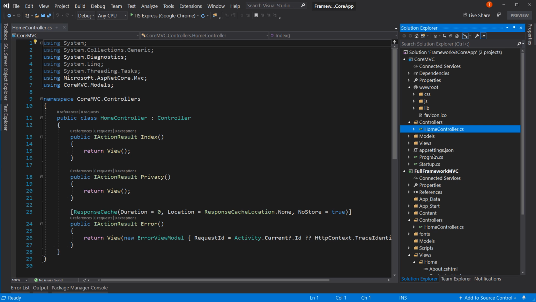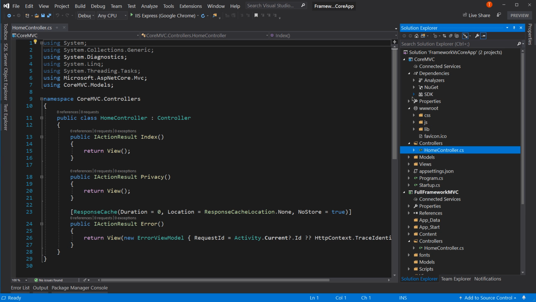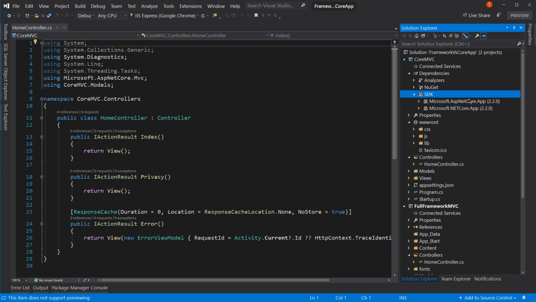One of the neat things about .NET Core is that one of these dependencies is the SDK. What that means is, what version of .NET Core do I depend on? Because that's really a dependency. It depends on .NET Core. The cool thing is it takes that dependency with it. So when you package it up and deploy it somewhere, it's going to take .NET Core 2.2 with it,